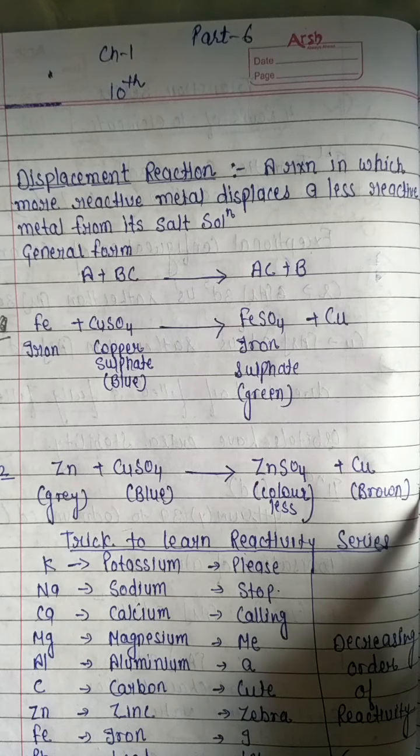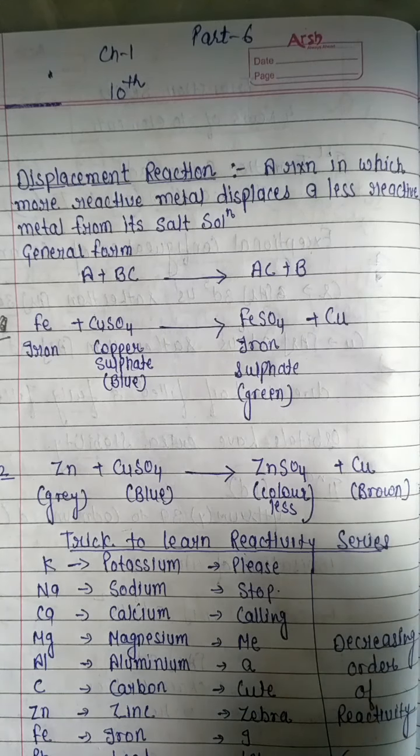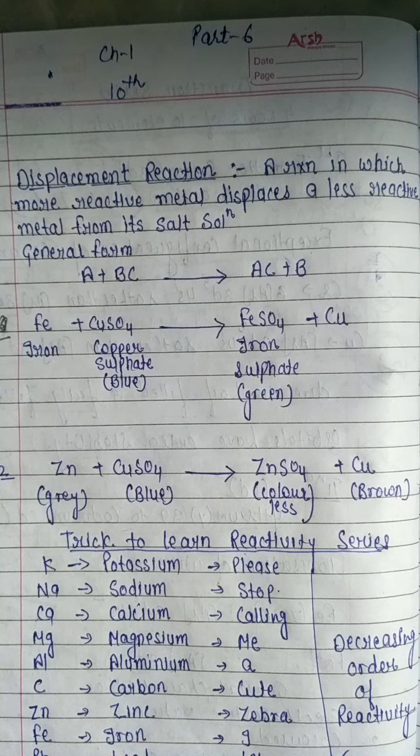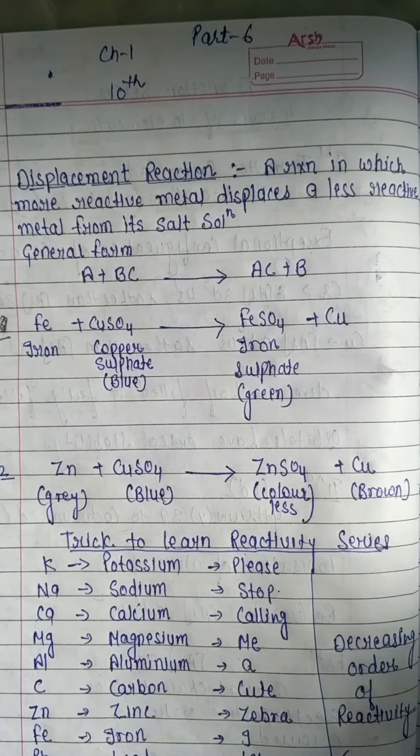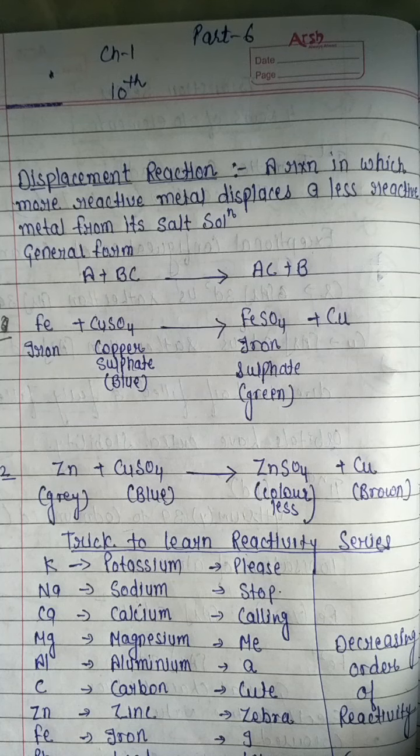Today is our sixth lecture of science for standard 10th. We are discussing the first chapter. Firstly, in the beginning, we discussed what a chemical reaction and chemical equations are. Next, we discussed how we can balance a chemical equation and why we balance it. What we need to do to balance chemical equations.